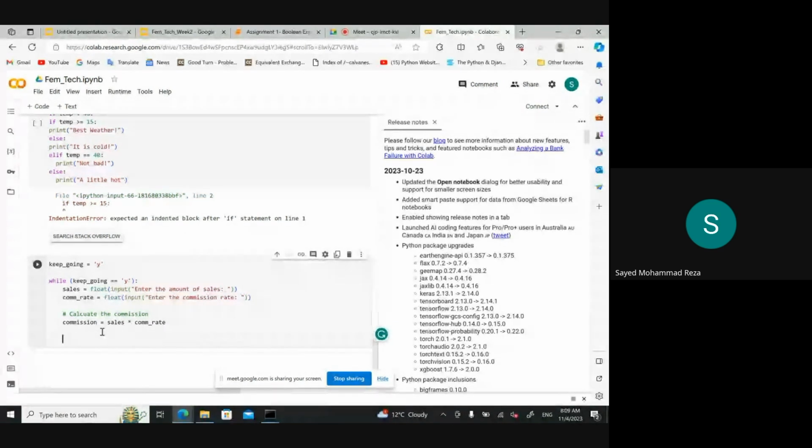So at the end, what I'm gonna do is to print the result. We discussed the print function as well, that if you want to execute something, we use the print function. The commission is $,